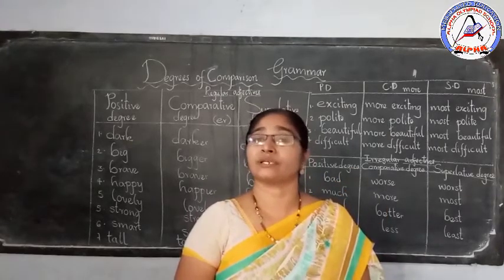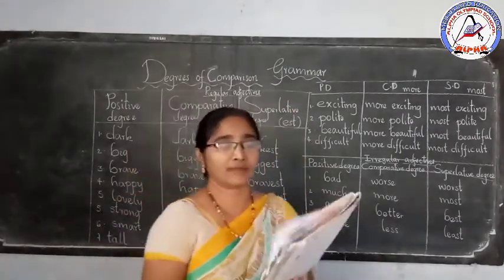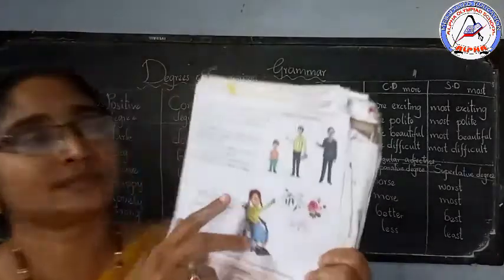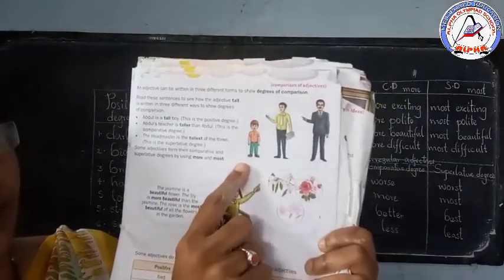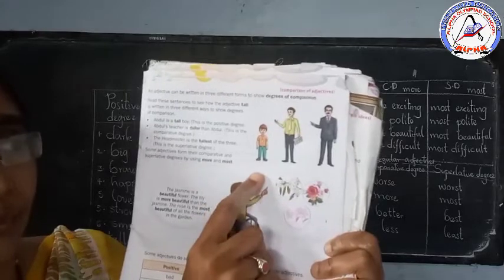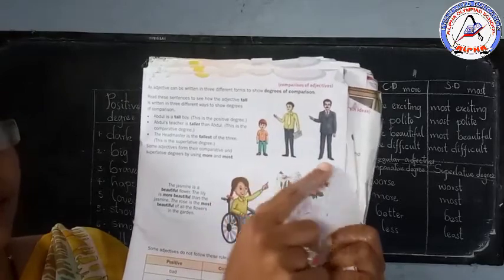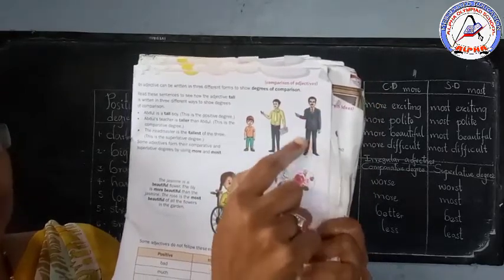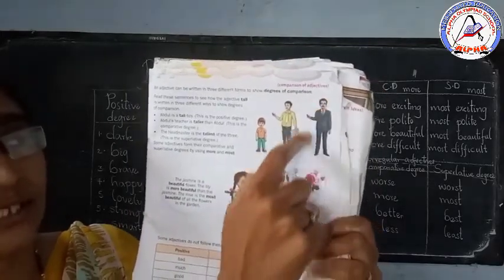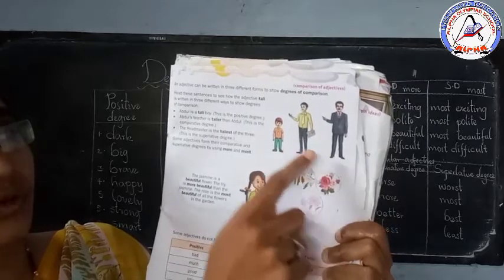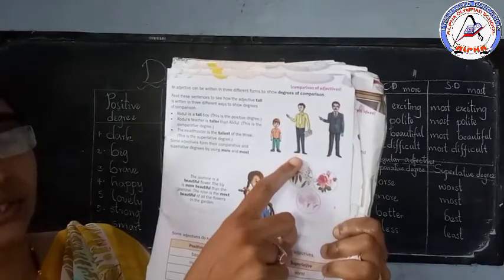These adjectives can be written in three forms. The three forms are degrees of comparison. Before starting that, I want to show you a picture. Can you see these three people here? One is a boy, for example, Abdul. If you see these three people, who is looking tall here? This is the headmaster, this is the teacher, this is Abdul. Headmaster is looking tall. First is the headmaster, then the teacher, then Abdul.